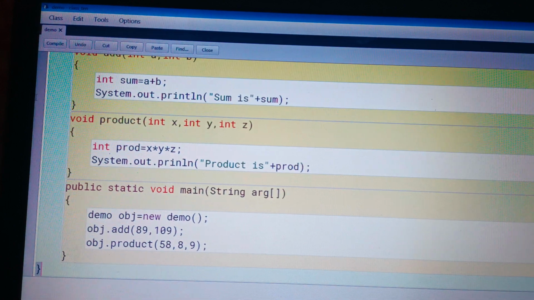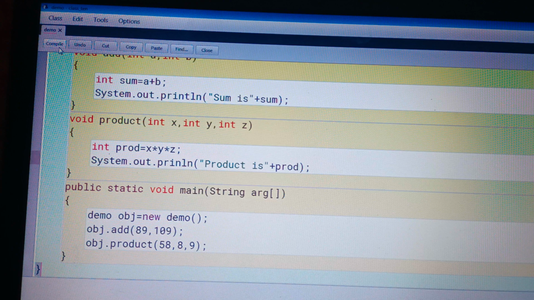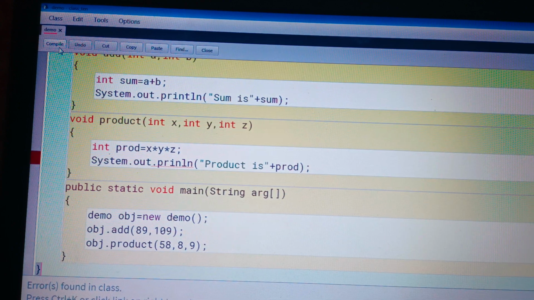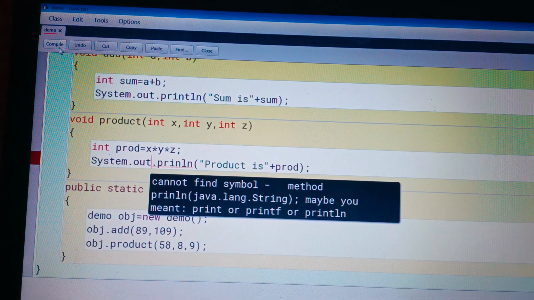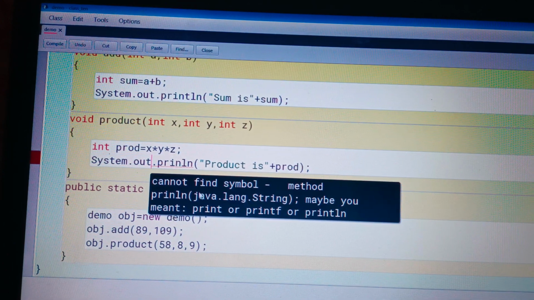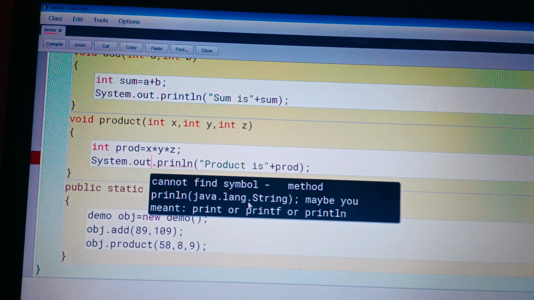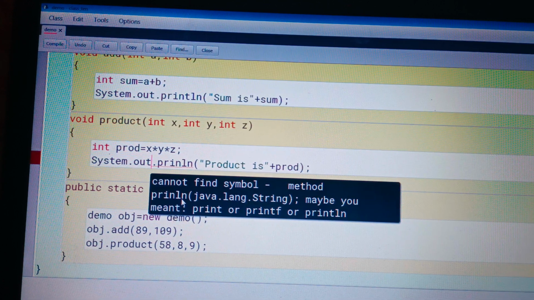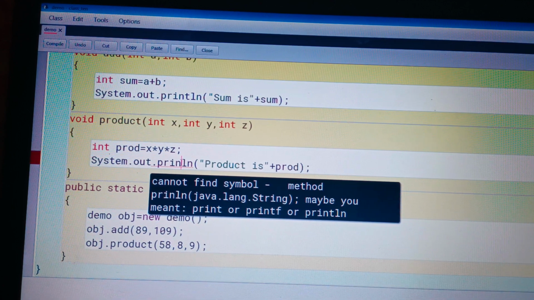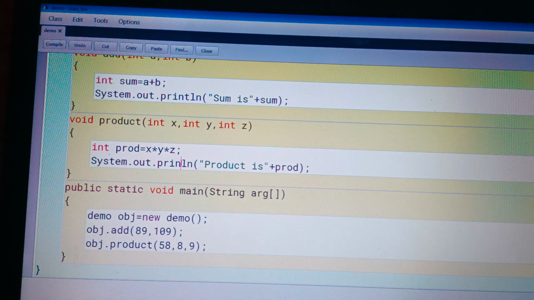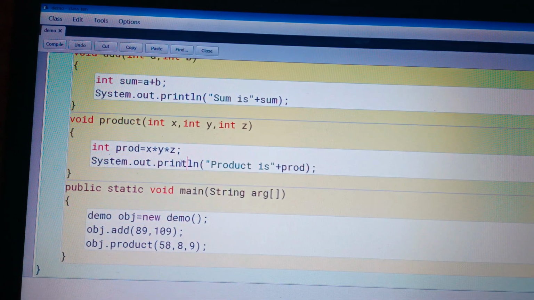Now going to compile our program. Click on compile button. Here is an error. What kind of error? Just click on Control K. You can see cannot find symbol. Which symbol? println. By mistake the spelling of the print function is wrong, so it cannot find this method. It's println, the t is missing there.